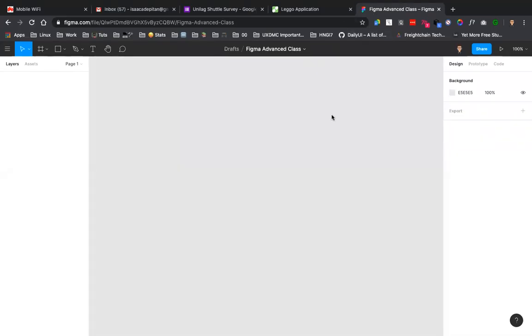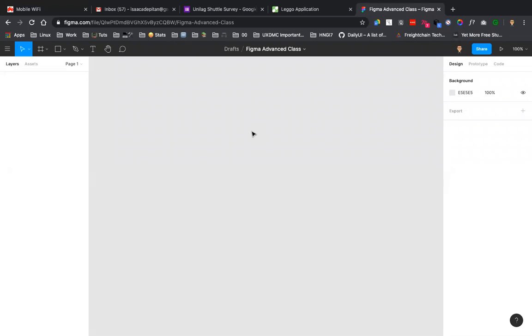So next week Saturday will be where we'll now do prototyping. Prototyping will be more or less how each screen relates to each other. So you can create interactions like when someone clicks a button, it should do this, or when someone swipes, it should do this also. So let's start with the first